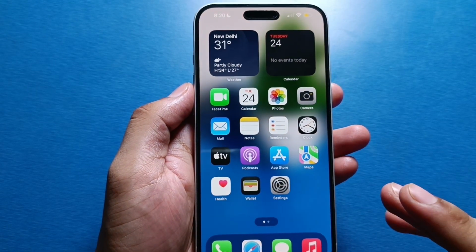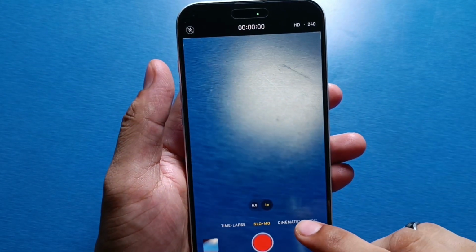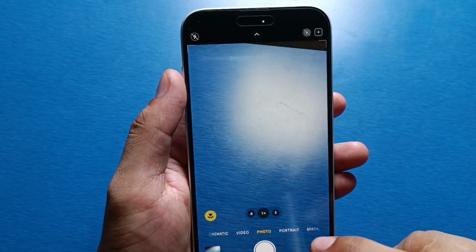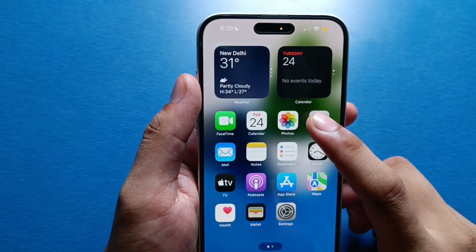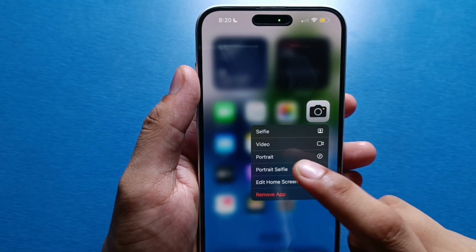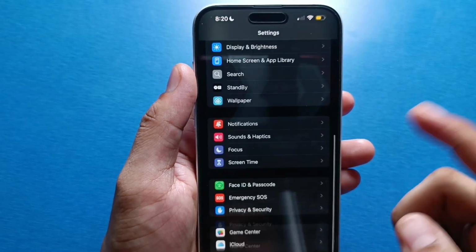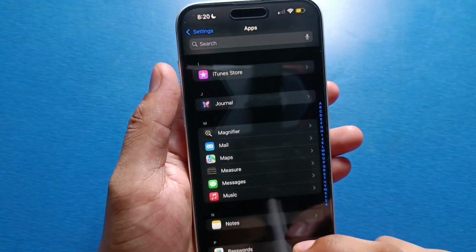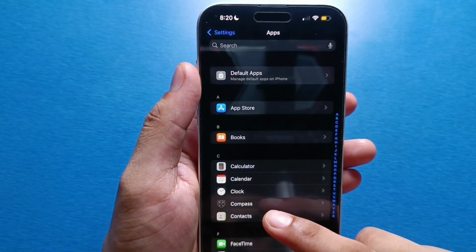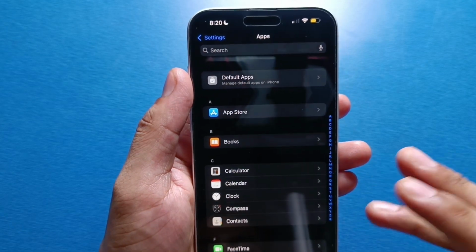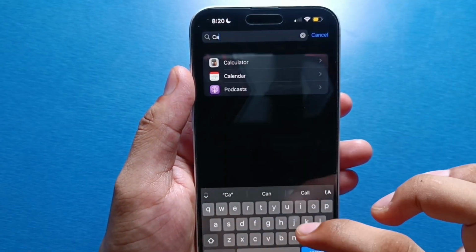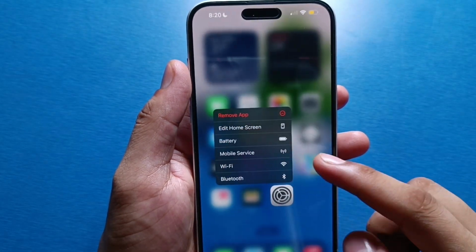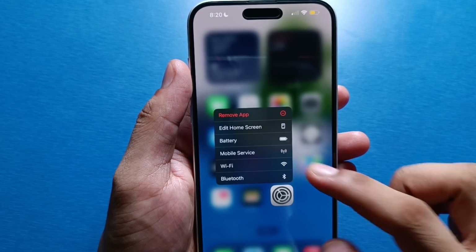First you have to open your camera, then click on settings. So to reset it, you have to click on the settings of your camera. Here it is. You have to go to settings, scroll down, apps, scroll down, and here you have to find camera, and here you can see, just type over here also camera, and you can just clear cache by removing it from here, and you can see it will fix your